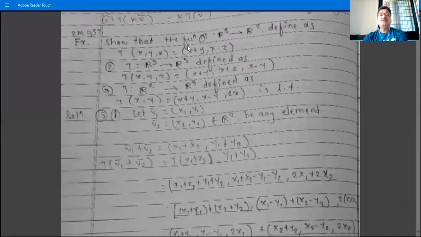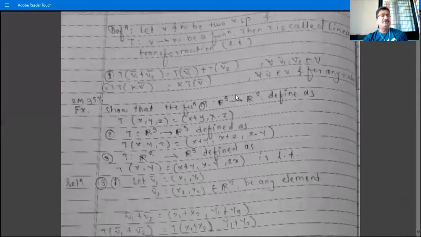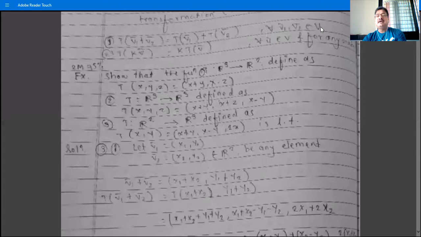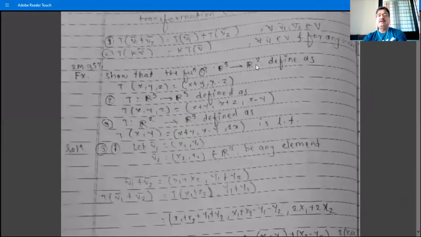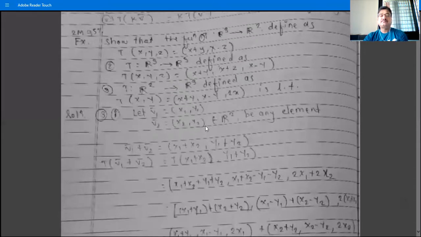So, the answer of the first example. Now we have to show the first property, T(v1 plus v2) is equal to T(v1) plus T(v2). So we will first take v1 and v2 as elements of this domain, that is R cube. We take two elements of R cube. So v1 is equal to